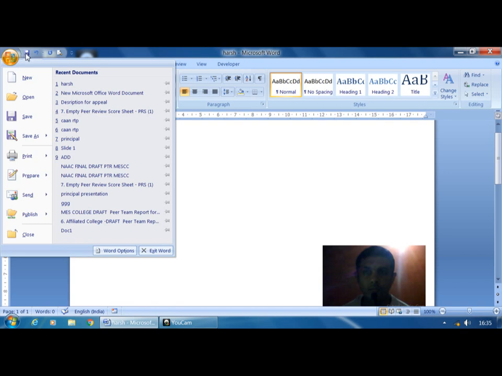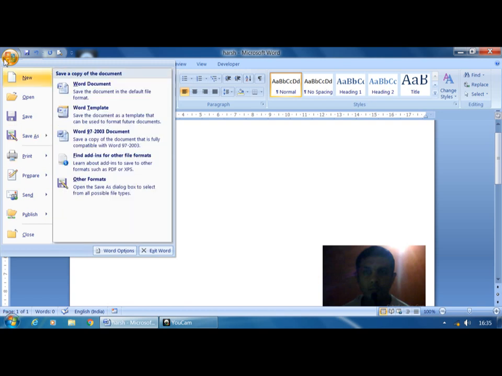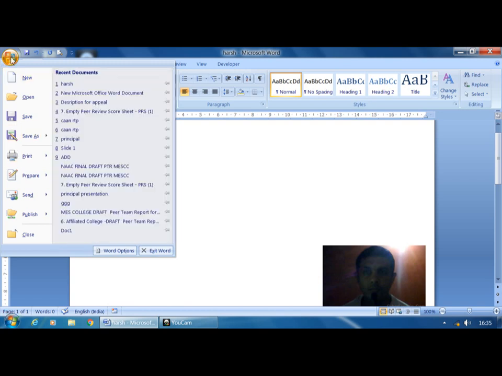So normally menus open in two ways. When I click the start button, it displays from bottom to top, and here the menu opens from top to bottom. This one is called a pull down menu.